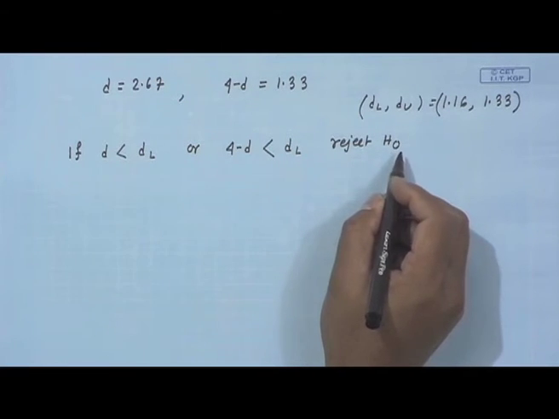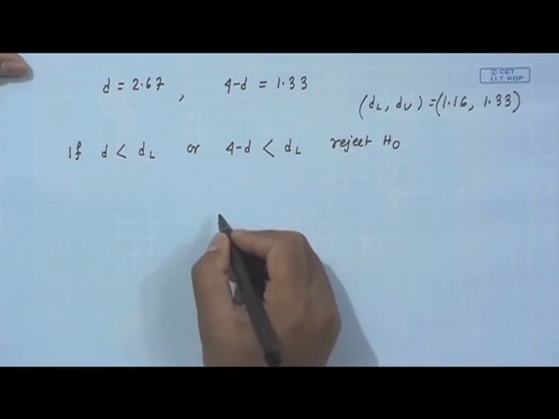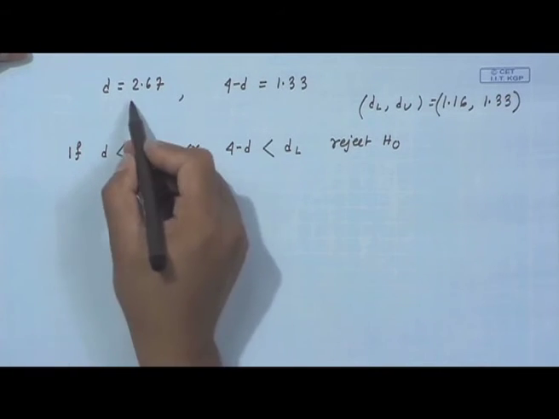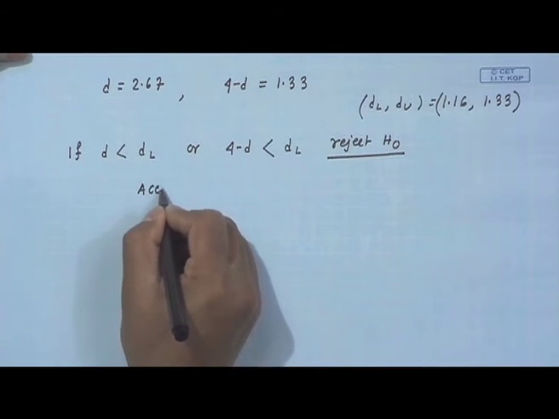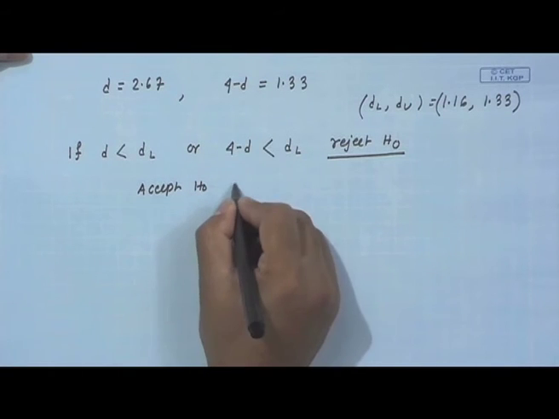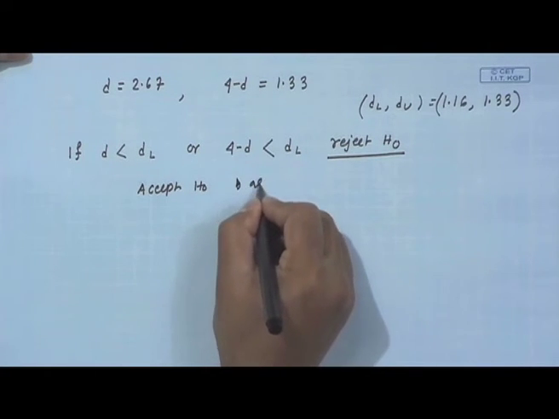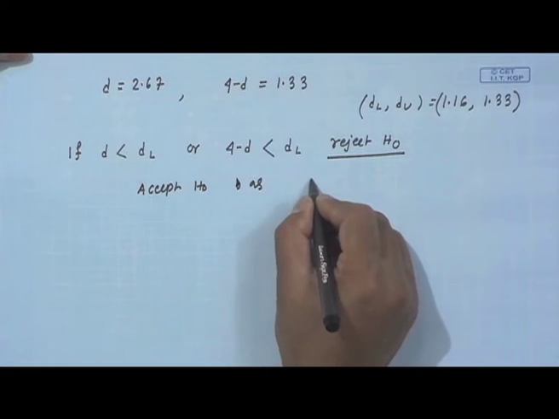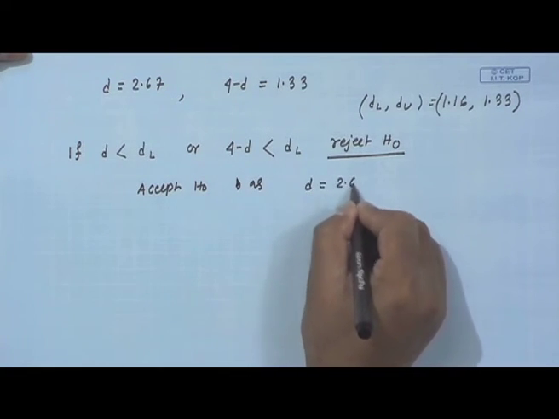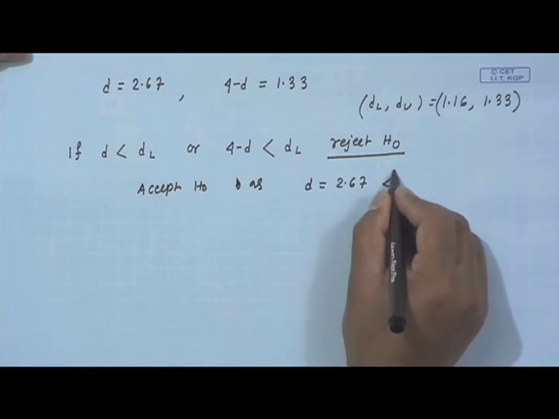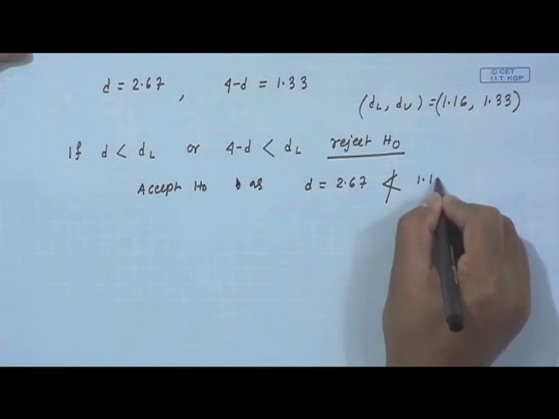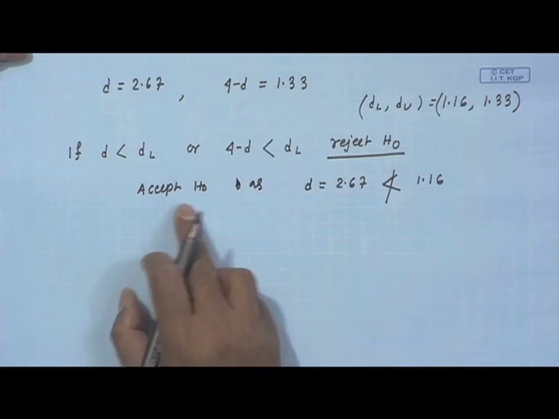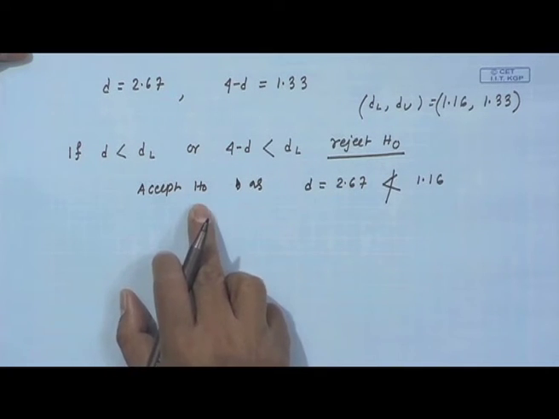Rejecting H naught means, well, so d is not true. Okay, so this is not true. So we are not going to reject H naught, we accept H naught, because my d, which is equal to 2.67, is not less than or equal to dL, 1.16. So this is not true. So I will accept H naught. So accepting H naught means